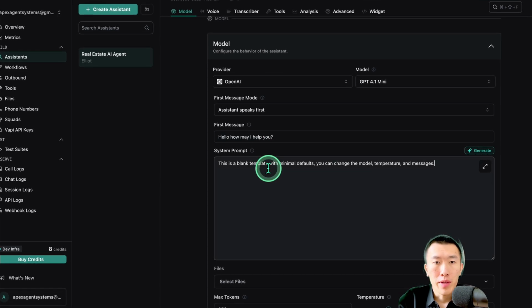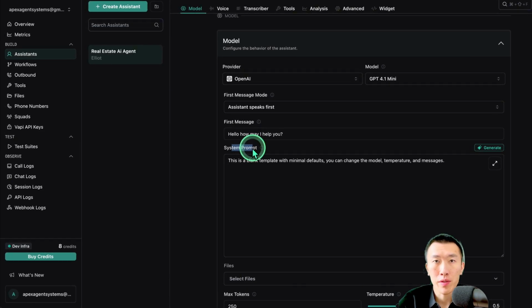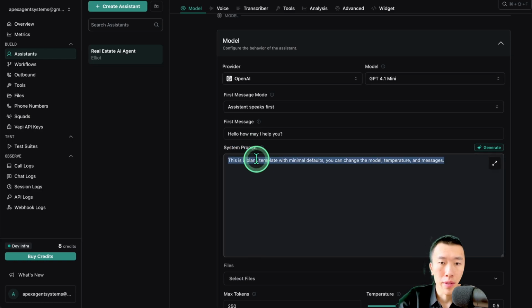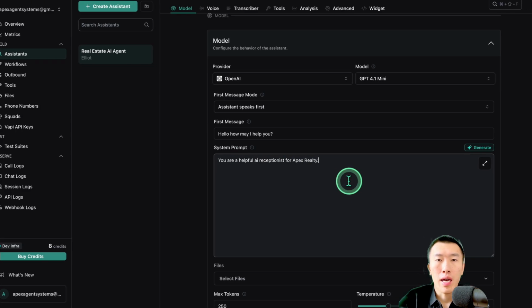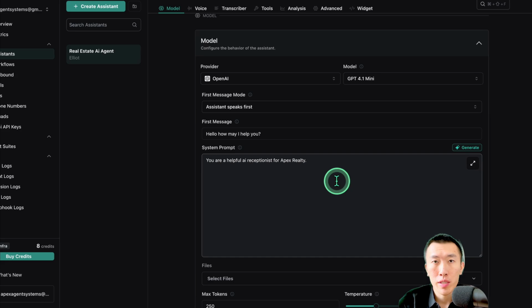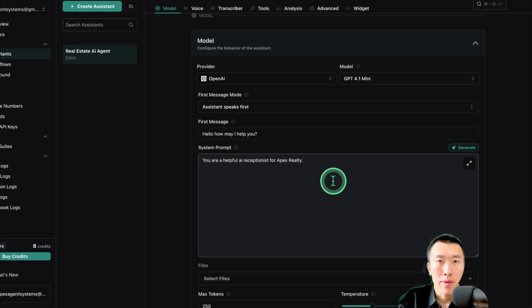Okay. Next, we're going to do the system prompt. And the system prompt is basically the instructions that the AI agent will use to do whatever it is that it needs to do. So for example, here we could just say, you are a helpful AI receptionist for Apex Realty. Okay. But again, for this, you want to give it instructions that are as specific as possible. So it does take a long time to test, but I do recommend that you play around with it to see what works. Okay. But for me personally, since I've already spent hundreds of hours developing this,